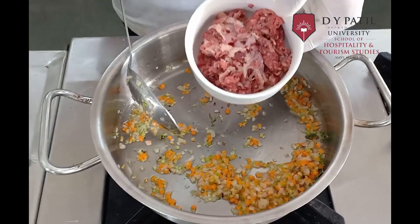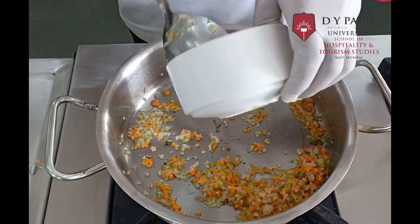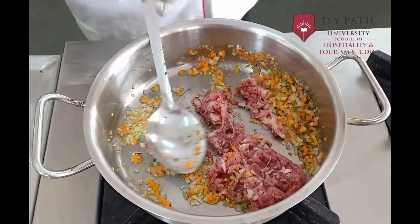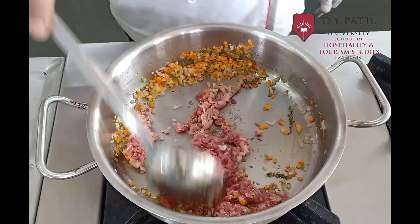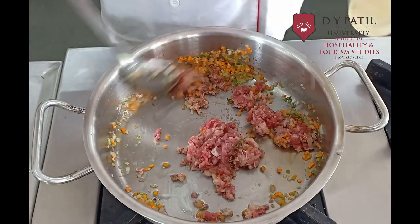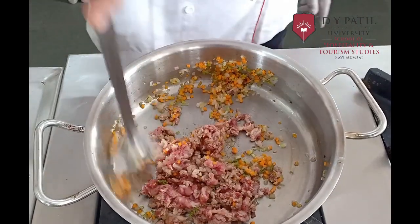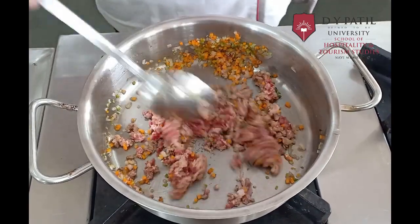Then add lamb, nice minced lamb which we use for bolognese. It is very important for you to cook the lamb with the vegetables so that all the flavors indulge nicely. Add some oil. Nicely stir it. Keep on stirring it